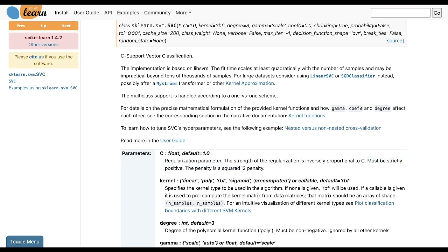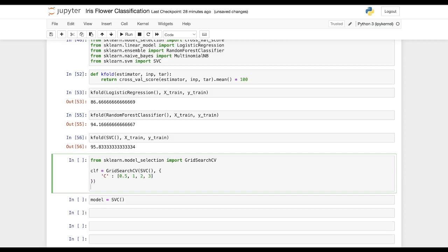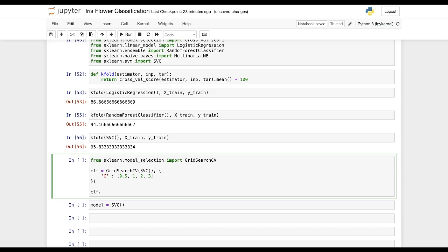We'll go back to that and we'll say C is equal to, you can give multiple values of C, so you can start with 0.5, 1, 2 and 3, and then we'll say clf, our classifier, dot fit on X train and on Y train.